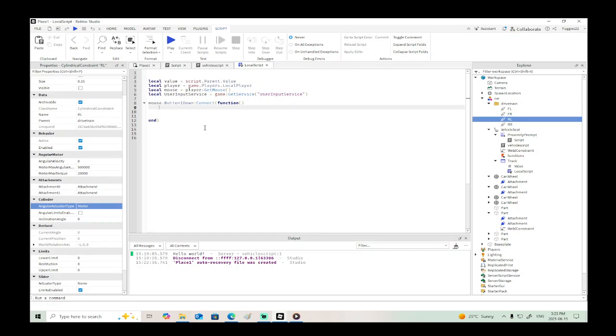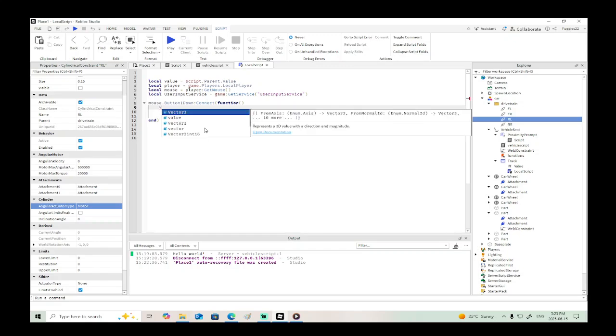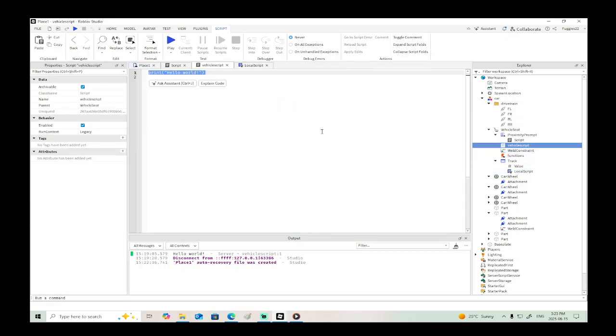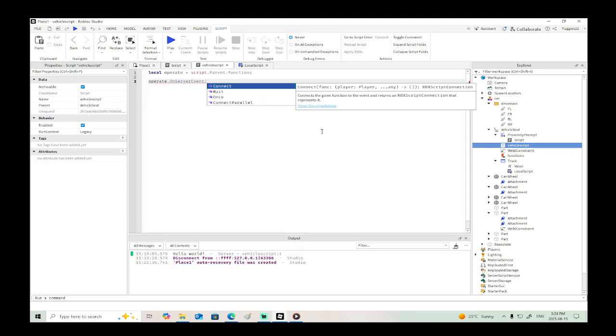And what do we want it to do? We want to say value fire server, and we'll say go. And now in our vehicle script, we need to say operate. We say local operate equals script.parent.functions, and then we can say operate on server event connect function,